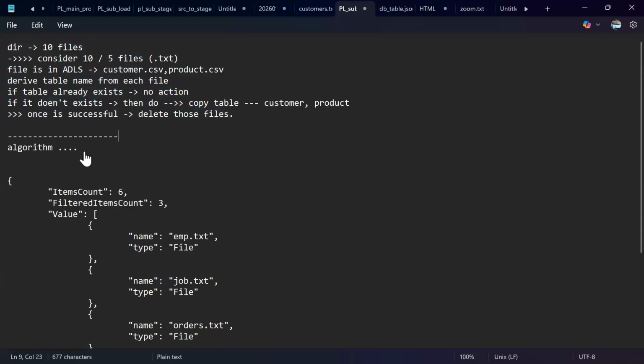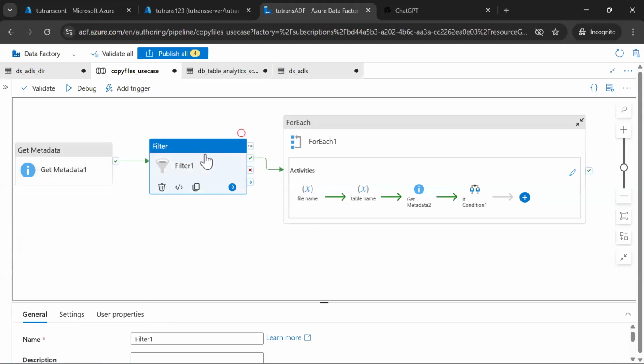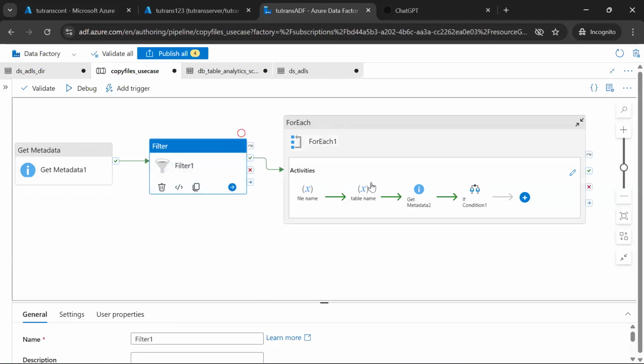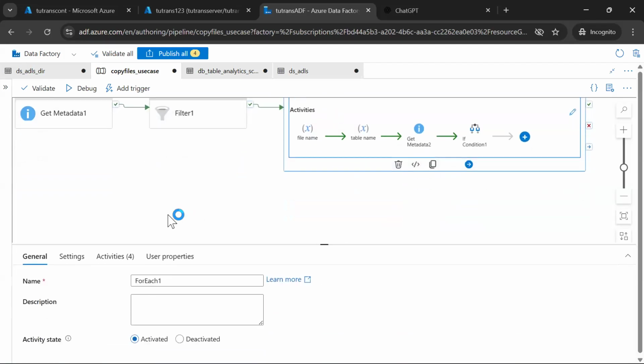I'm deriving the list of files, and then I'm filtering whichever files are required for my processing based on my use case. I have filtered the required files list, and if I got 10, I want to perform this same operation again and again for each file. So that is the reason I am using the for each activity. And inside the for each,